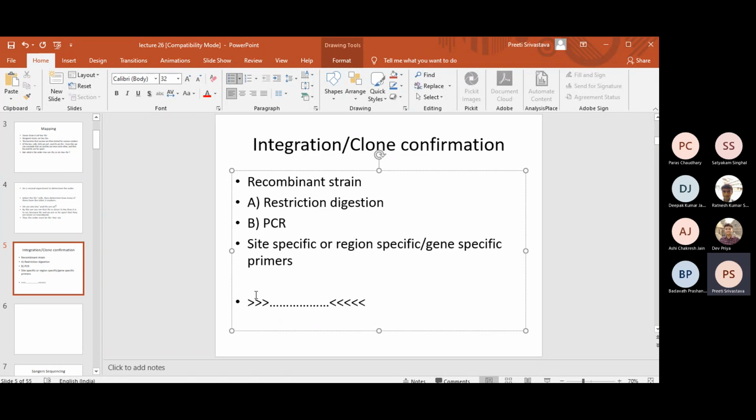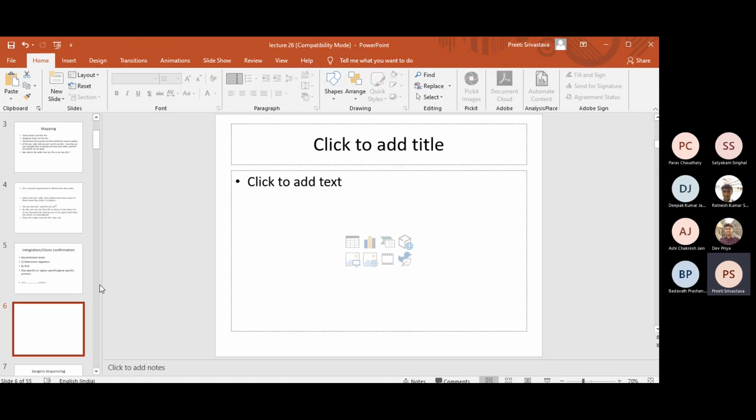And set 3, where you can use one primer for GFP and one primer for the chromosomal boundaries. For example, one primer which is at this greater than symbol, and one primer which is at the dotted region. So using these three sets of primers, you can confirm that yes, your integration is correct and it is at the right place, right? But then